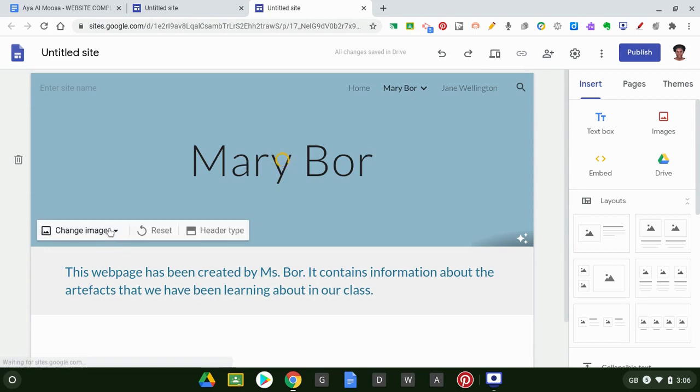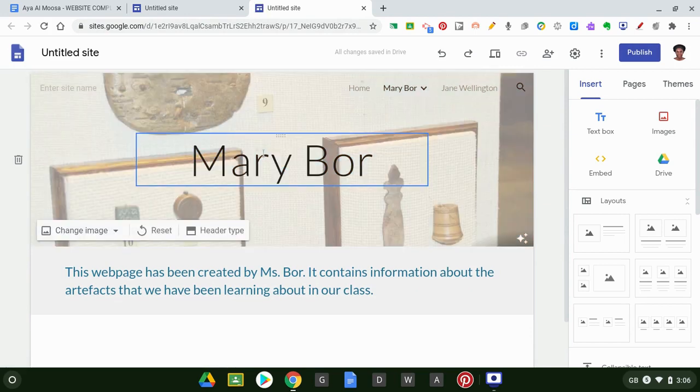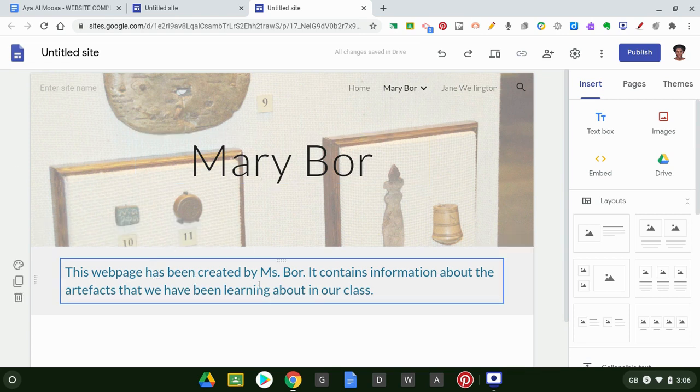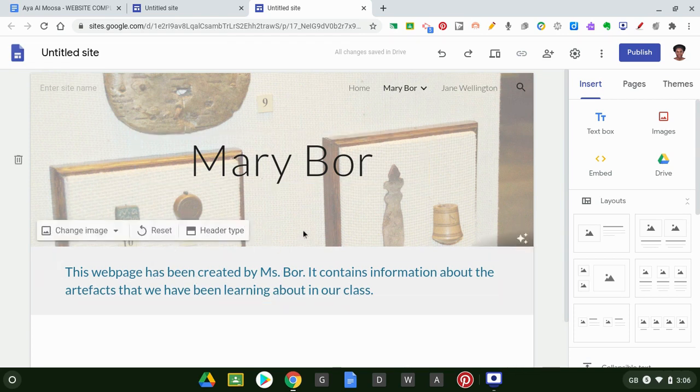It takes me to my web page, Maribor, and I can see that. Now, what do we use links for in this website? We can use it to go back to pages easily without going back to the tabs here. So that is how we use a link, and that's how we create a link.